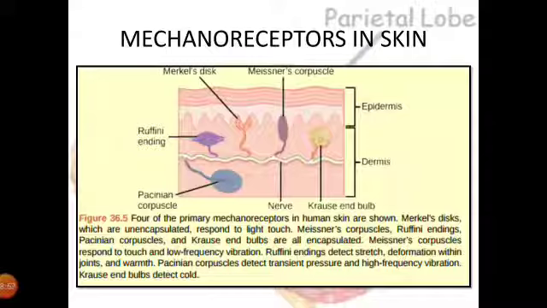Deeper in the dermis lie the Ruffini endings, which are responsible for detecting stretch and deformation in the joints. Deeper still, in the deeper layers of the dermis, lie the Pacinian corpuscles, which are responsible for sustained pressure, deep pressure as well as vibrations. So if you touch your skin with a tuning fork, the skin will detect the vibration with the help of mechanoreceptors called Pacinian corpuscles. Here we are not talking about Krause's end bulbs because they detect cold, which is a variation in temperature, and it is not a property of the medial lemniscal pathway.